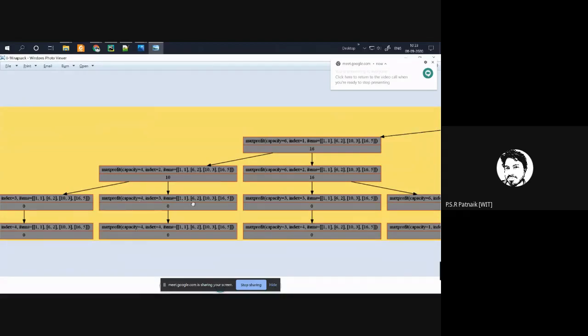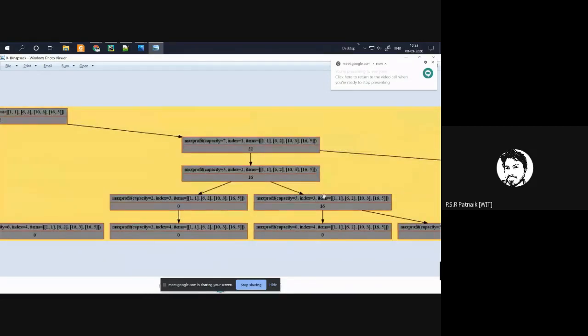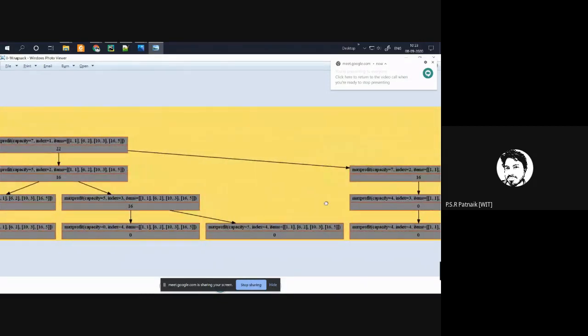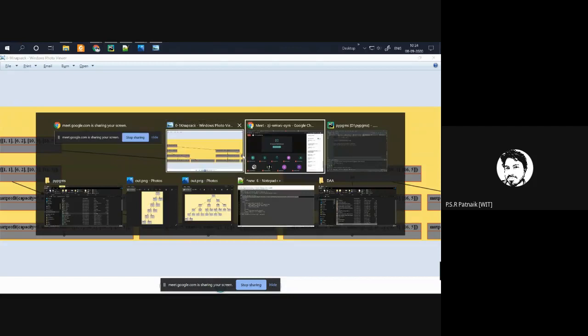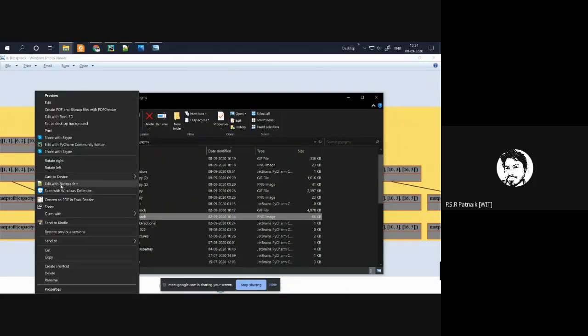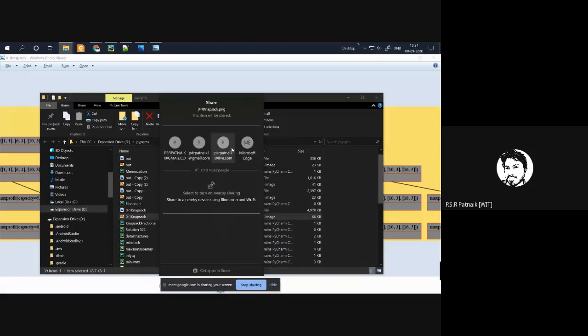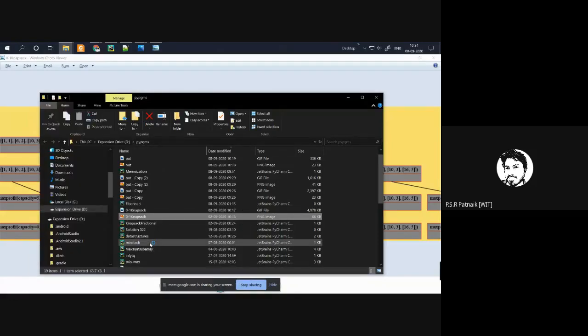Capacity 4 index 3, we have redundant calls. You can see once again here, further here, capacity 4 and index 3. Let me show you.